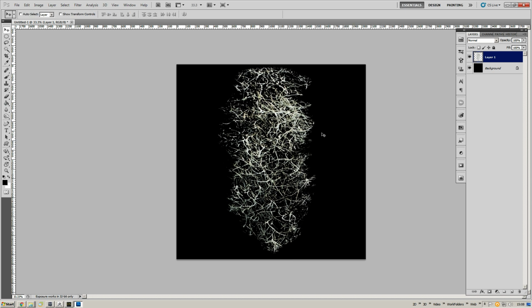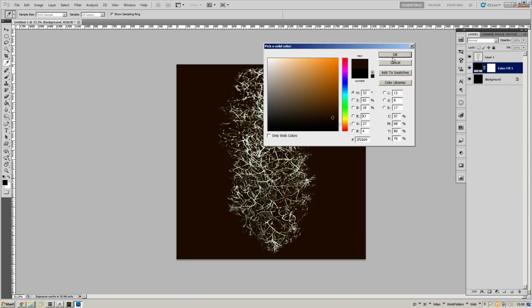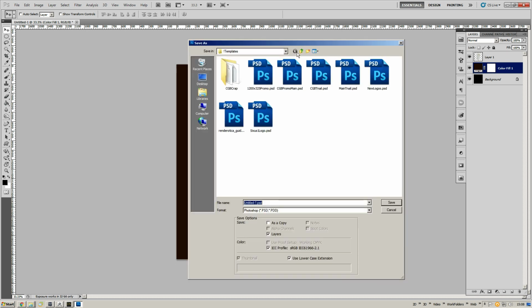And this is going to be our gilly foliage map. So I'm going to put a background color behind this because in the texture channel it would bleed over from where the opacity is going to be. So I want a color behind it, and I'm going to save this